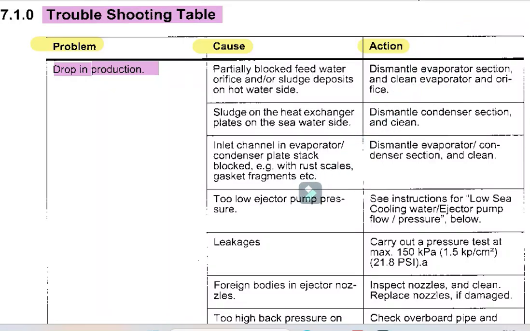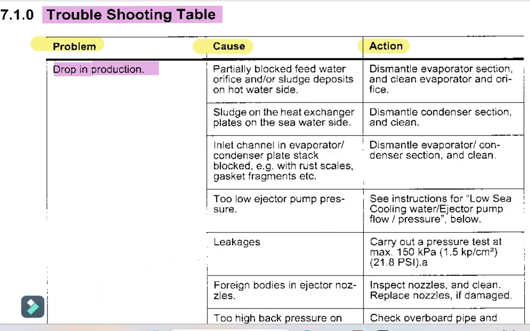Today I am here with another video, very interesting and very useful for you guys, that is related to the troubleshooting of the freshwater generator. Because so many times these questions are being asked to the boys related to the troubleshooting aspect. Like you can see here, first is your drop in production. Suppose the freshwater generator production reduces, then